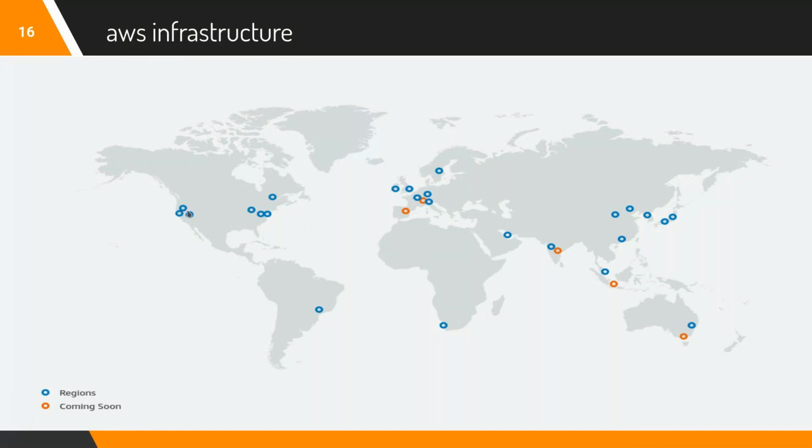They have a huge presence in the US, some presence in South America, and predictably a lot in Europe. See, this one is coming in Telangana. You might have heard about this news. One of the biggest data centers is coming in Telangana, close to Hyderabad. This one is Mumbai actually. This data center is Mumbai, and you have Australia Southeast. Sorry, Australia East, I guess, yeah. You are also getting a new data center in Australia North or South, sorry, and you have some presence in China. Okay, these are the data centers.